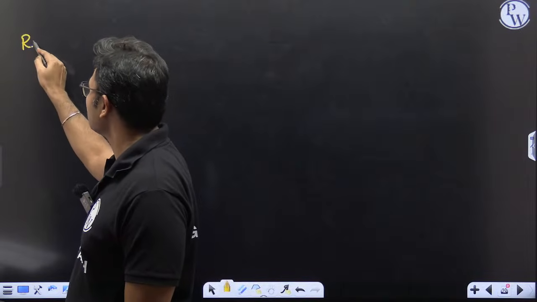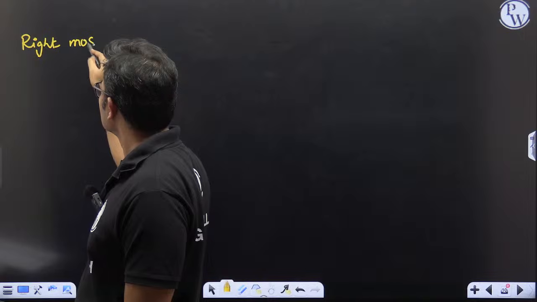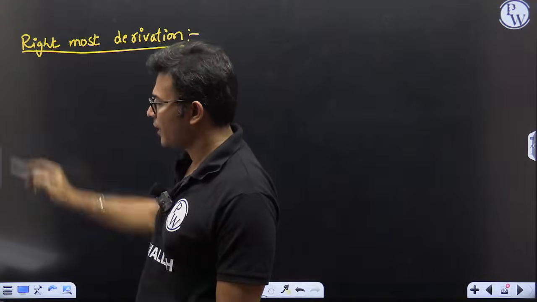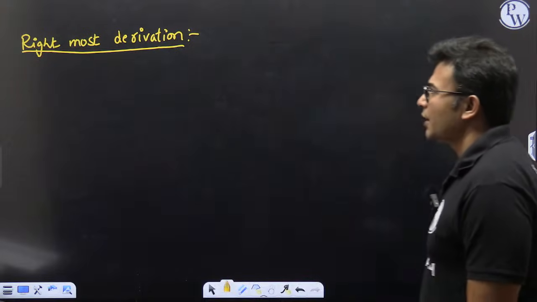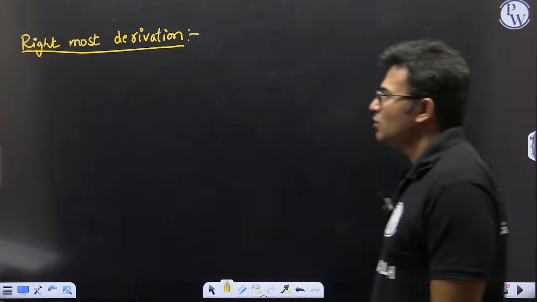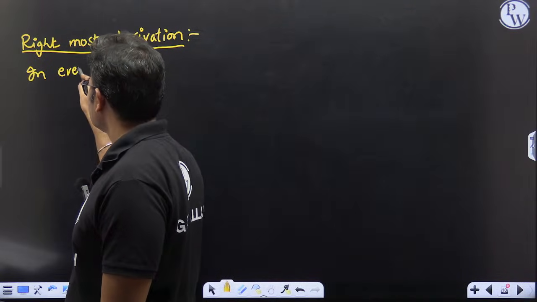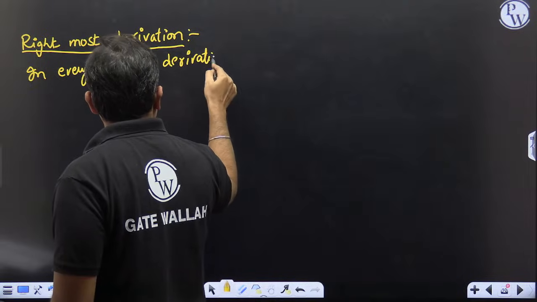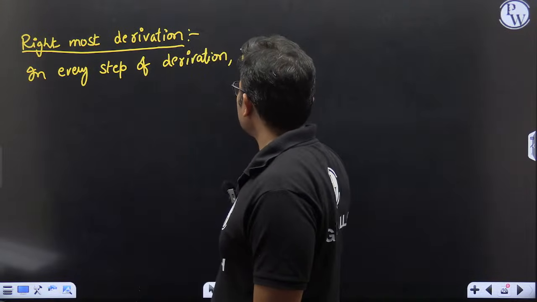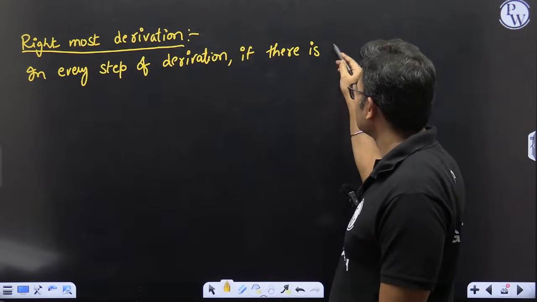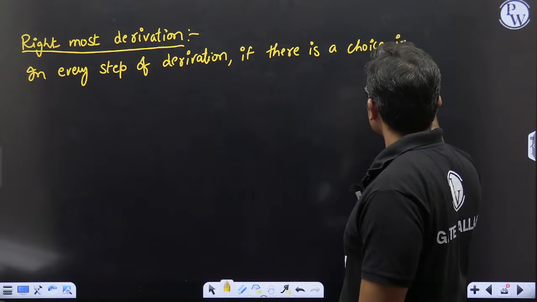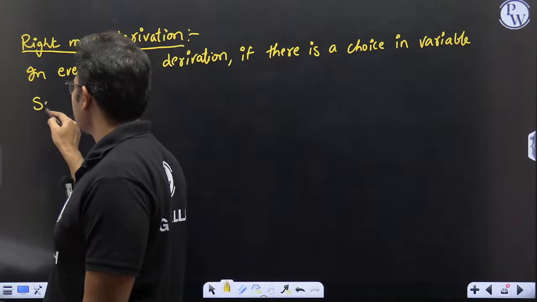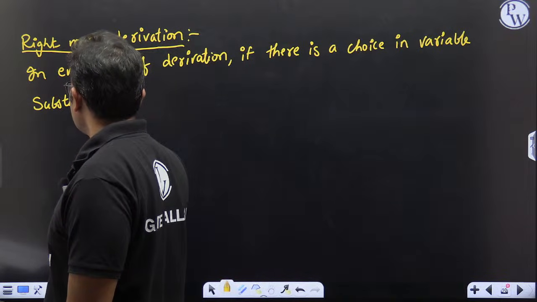Now let us see rightmost derivation. In every step of derivation, if there is a choice in variable substitution,